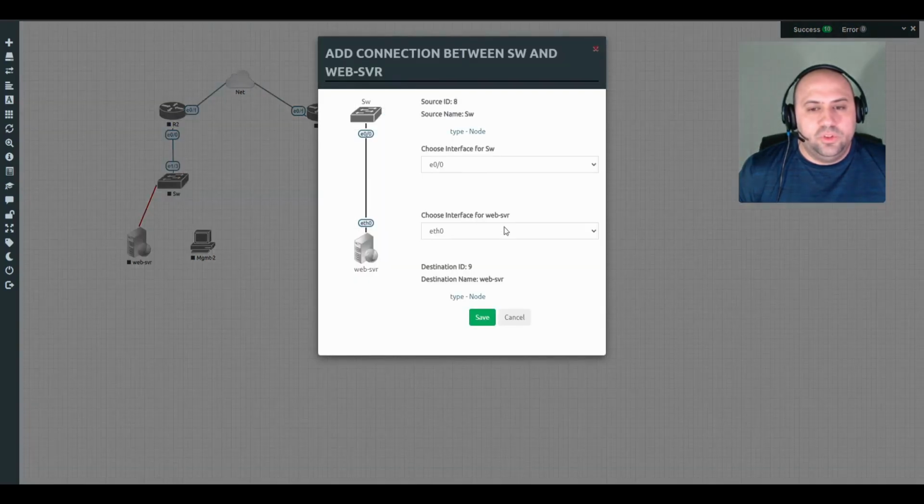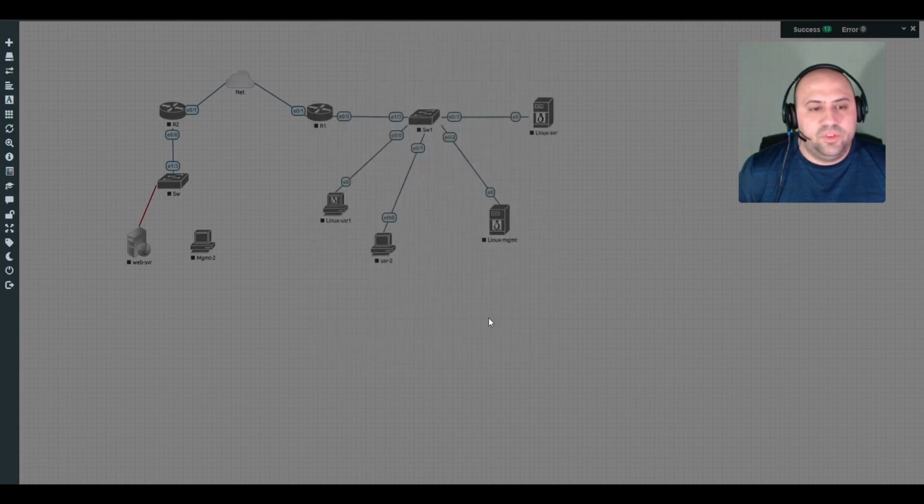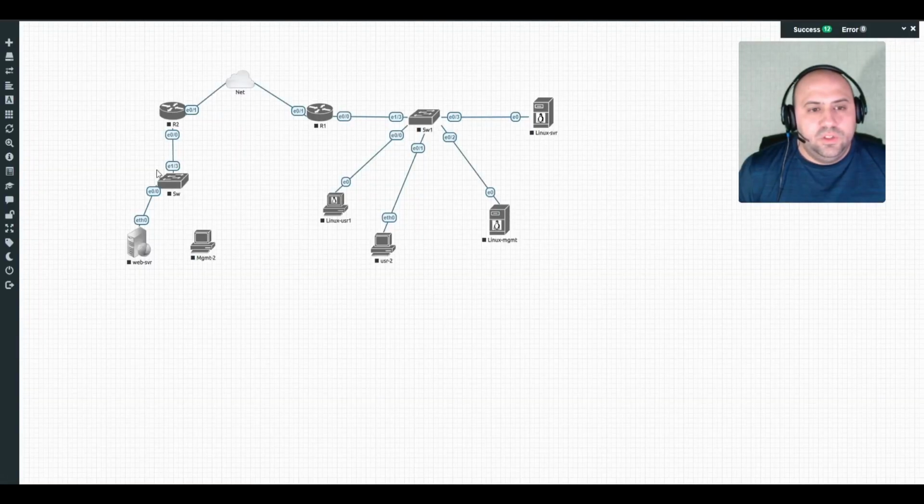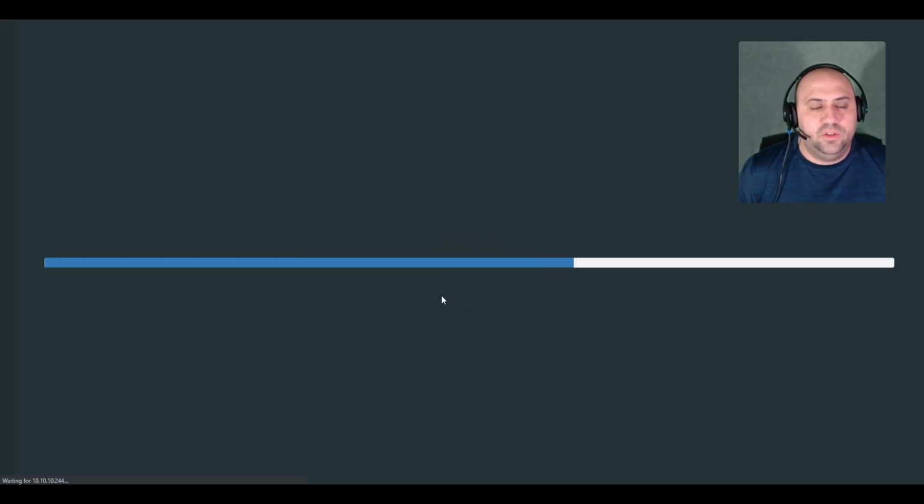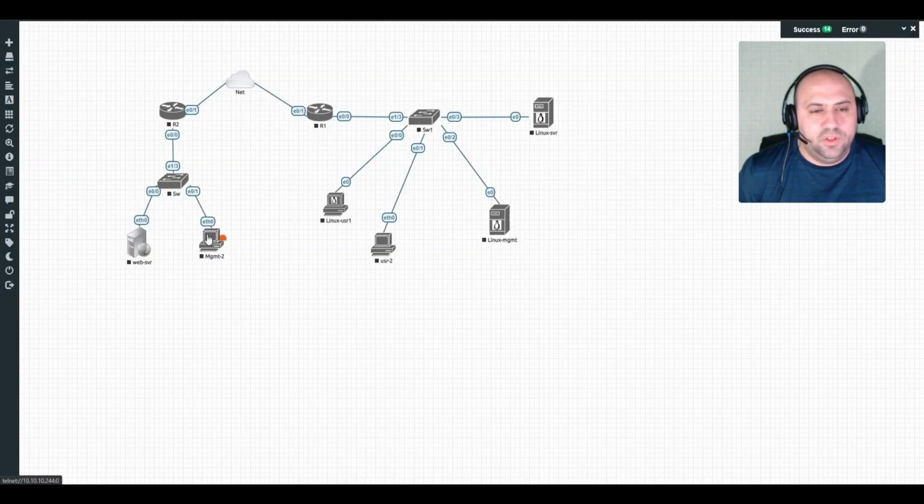And we'll do this one. It's going to be on Ethernet 0/0, the switch to our web server. And Ethernet 0/1 for this management device that we're creating. All right. So now that we did that,